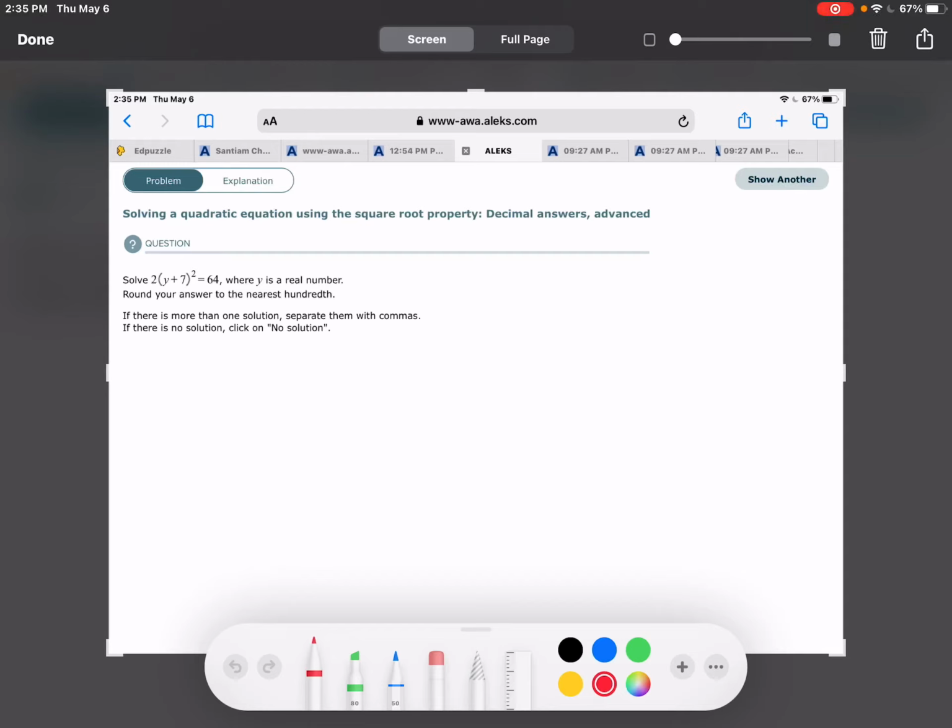Let's talk about solving a quadratic equation using the square root property with maybe some decimal answers and just a little more advanced problem. So we have 2 times y plus 7 squared equals 64. And remember the objective, if we want to use this square root property, is to get something squared on one side of the